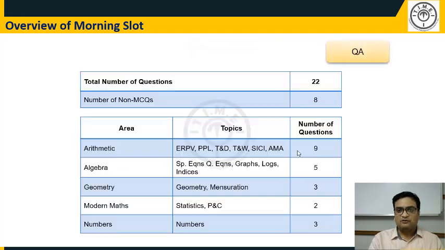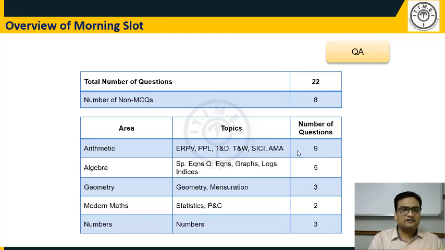And then coming to the Quant, again, it was more or less on the same lines like last year. Arithmetic was again dominant in the entire paper. Roughly 40% of the paper was coming from the arithmetic section, followed by algebra. There were 5 questions. Geometry, and also numbers this time sort of made a comeback,